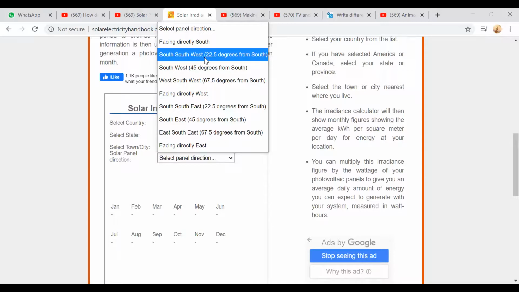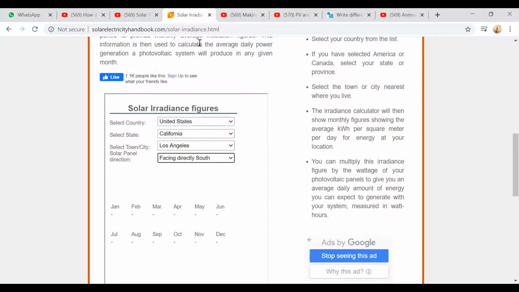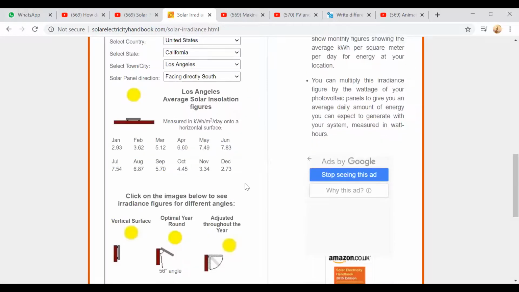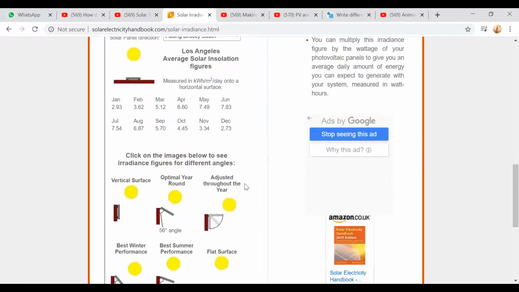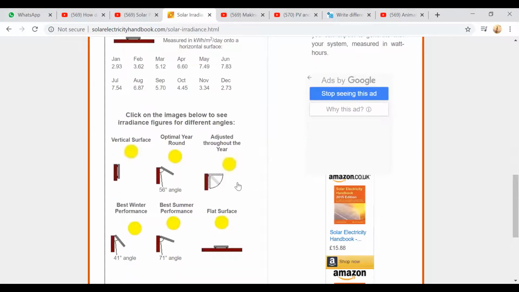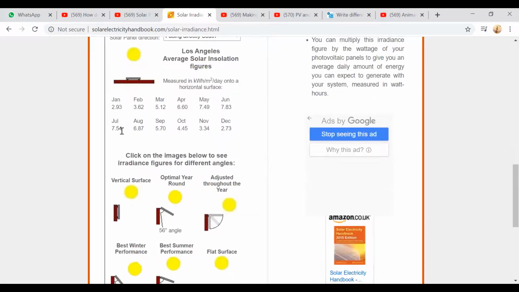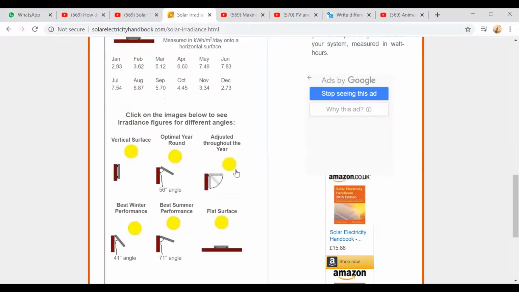Here you can observe the panel directions are very few compared to other things. Here we are taking it as south. Come down, you can check the radiation data is somewhat different. In May, June, July the data is more, and the maximum is in August. But for India it is March, April, May, while here it is June, July and August. Here the angles are 41 degrees and 71 degrees. In our country, we are having 58 degrees and also 88 degrees.